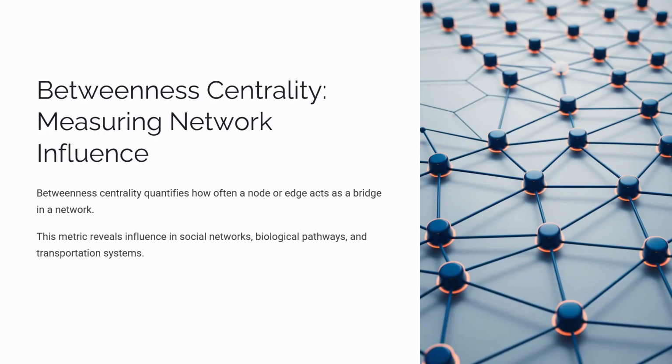Betweenness centrality in network analysis is a measure of an entity's importance, and it is basically a node or an edge which acts as a bridge in the network. So we try to identify these bridge elements. This is done by quantifying how often the element lies on the shortest paths between nodes. Though we are going to talk about the quantification of the shortest paths,